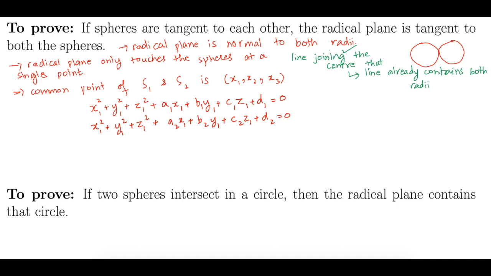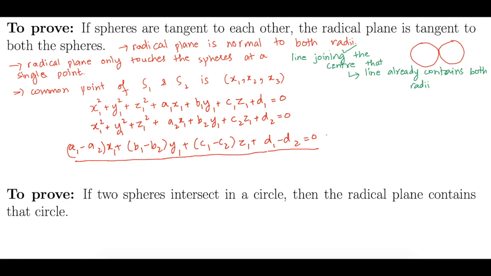So now if I subtract these two equations, what do I get? I get (a1 minus a2) x1 plus (b1 minus b2) y1 plus (c1 minus c2) z1 plus (d1 minus d2) is equal to 0. Correct? But this is exactly the equation of the radical plane,